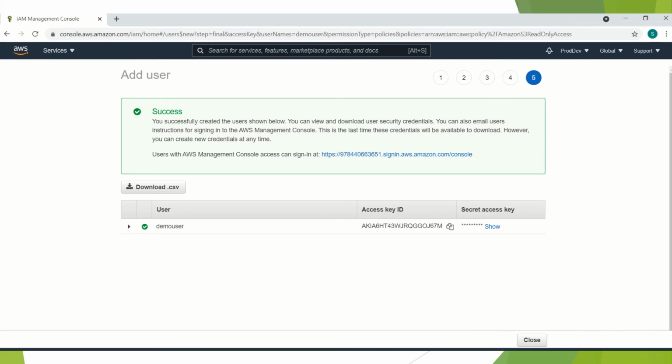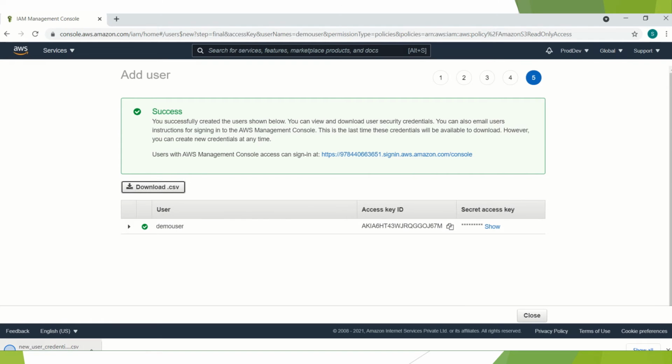See, now once this is created, we have the corresponding access key ID and secret access key, and also a download CSV option. Once this user is generated, you will not get this access key again. So you have two options: you can download the CSV, keep it in your local system and use the credential from the Excel, or you can simply copy and paste.